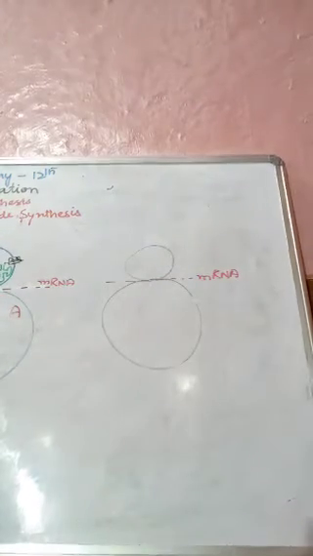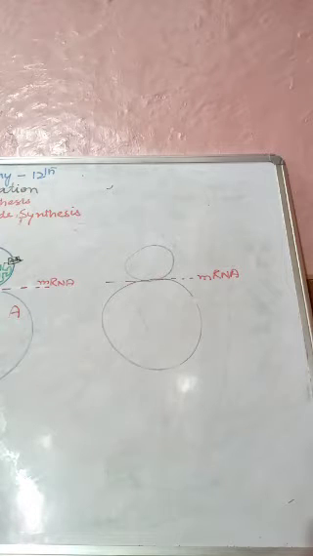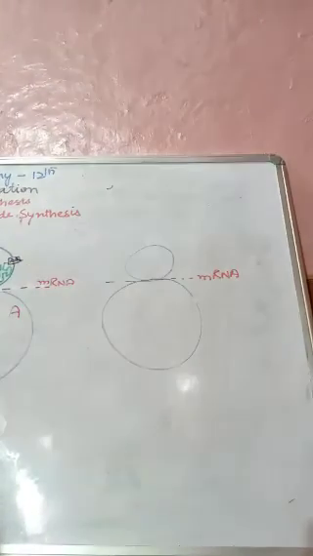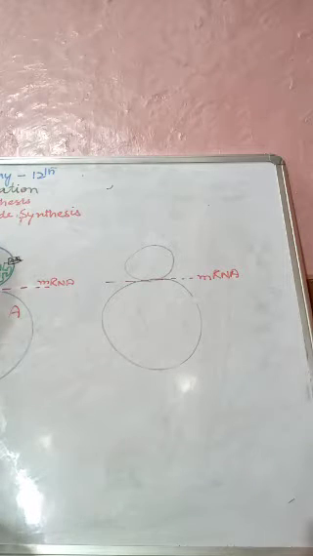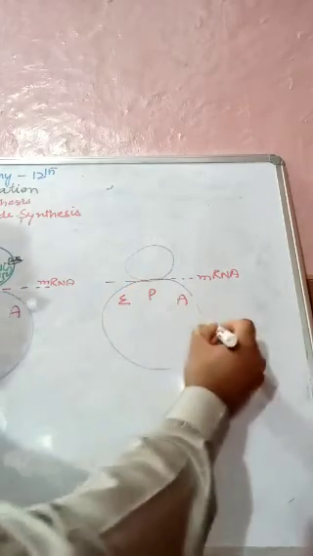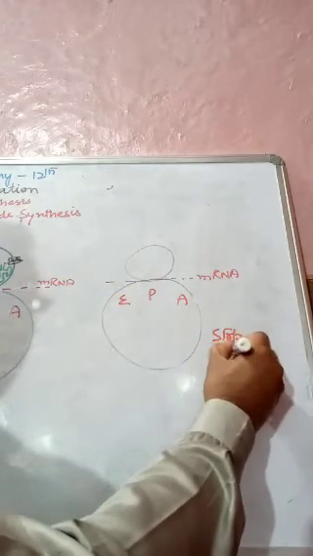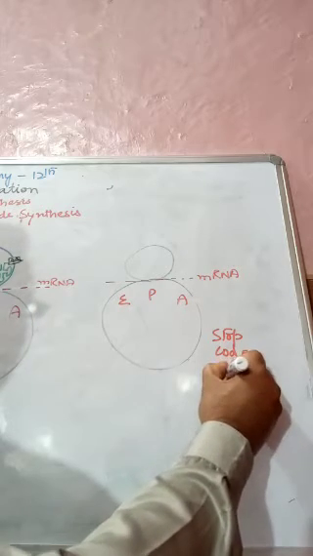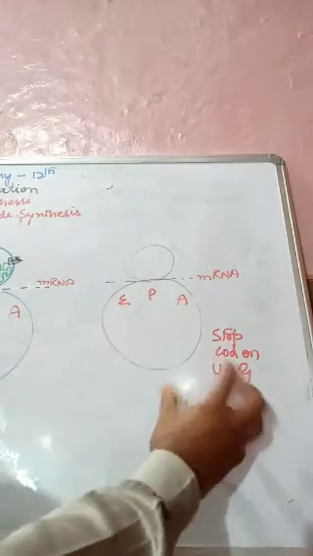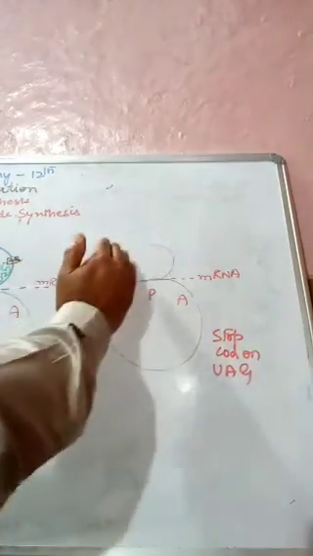Is this right? Now what we will see, a stage will come, a stage such that this peptide chain terminates, and it terminates by means of a stop codon, and that stop codon is UAG. After this, these are stop signals, rather stop codons, which stop the addition of amino acids,